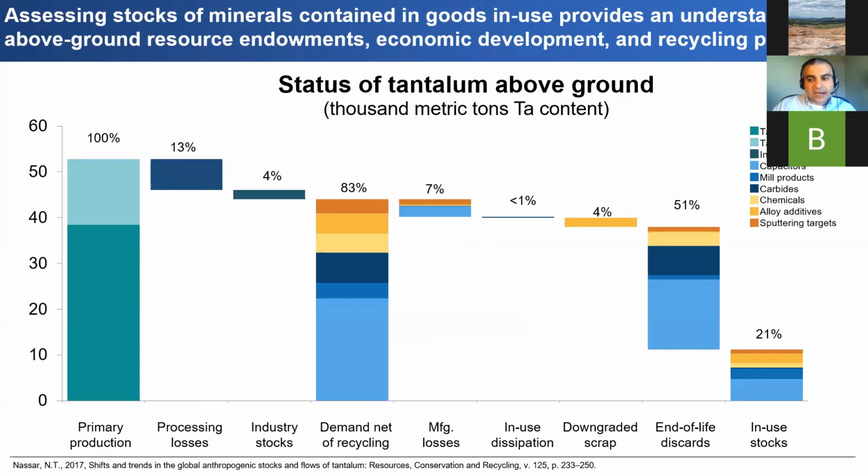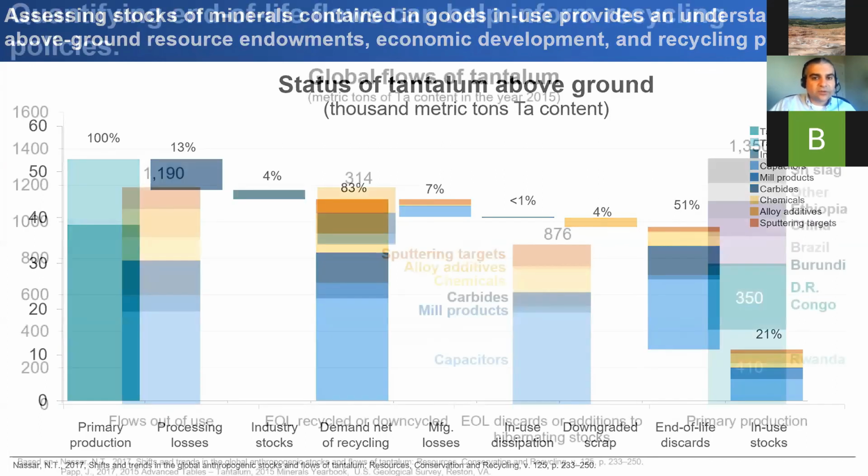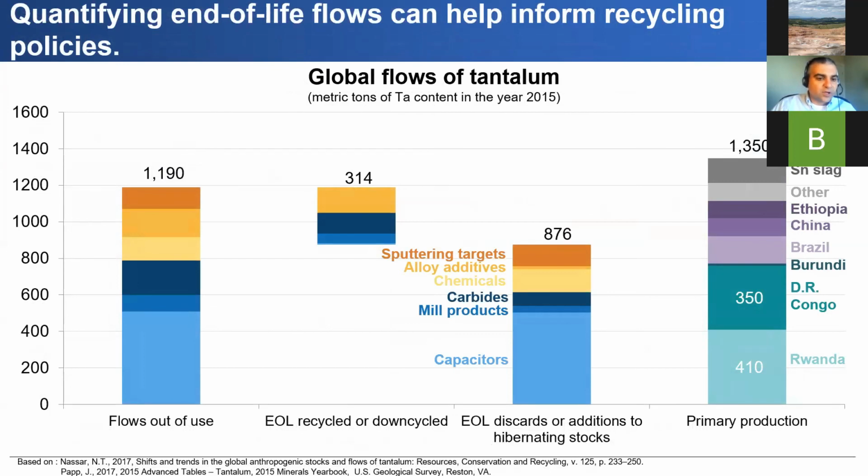If you subtract that out, what we have left circa 2015 is about 21% of what was mined is still in use today, more or less. And we can take those numbers and compare the flows out of use in any given year to primary production. So the flows out of use, something on the order of 1,200 metric tons. You subtract out those end of life, how much is actually being recycled or downcycled. We're left with something on the order of 800, maybe 900 metric tons, most of which again is in capacitors